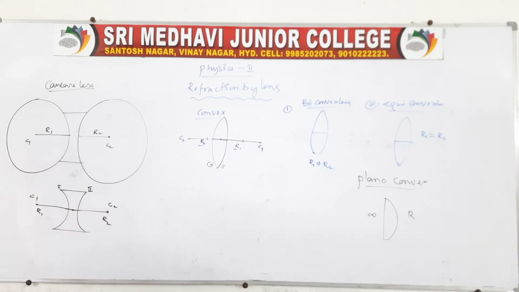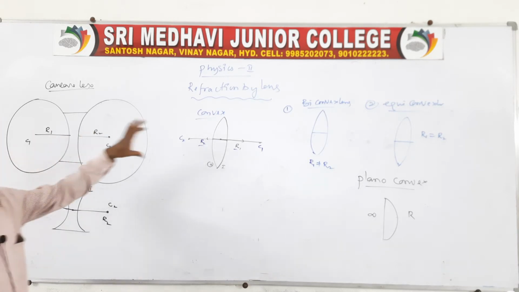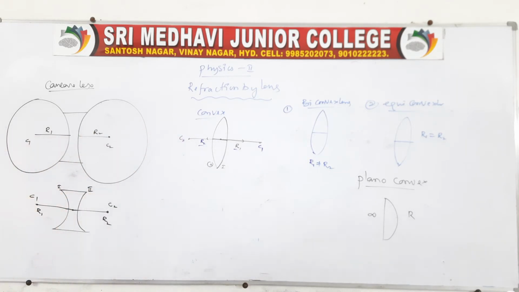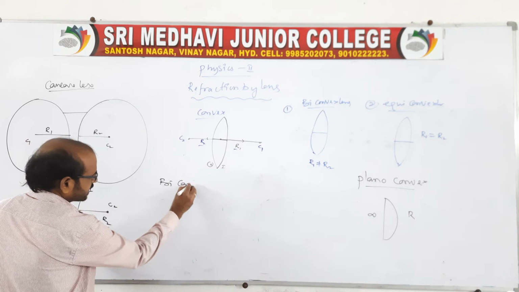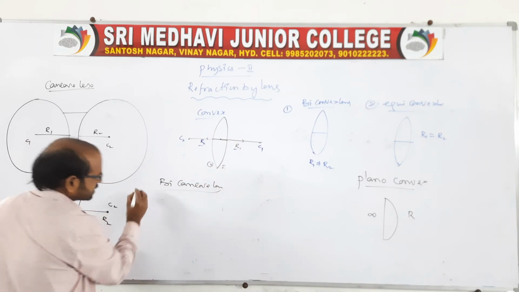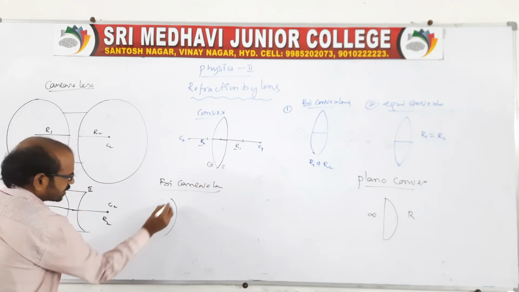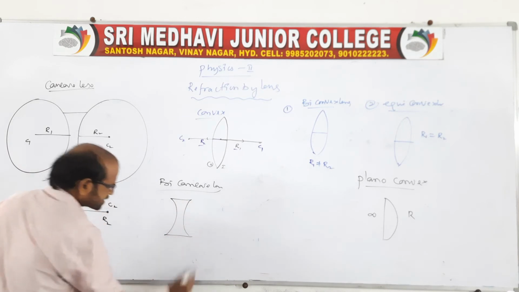This is the information about concave and convex lenses. Again we have the types of lenses. The first one is biconcave, the concave lens. See, biconcave lens, that is again what happens: you take two refracting surfaces, which are, I will